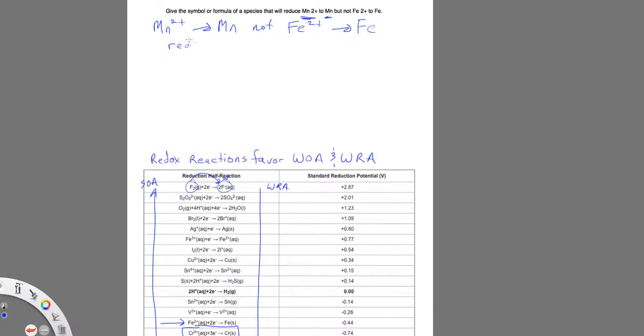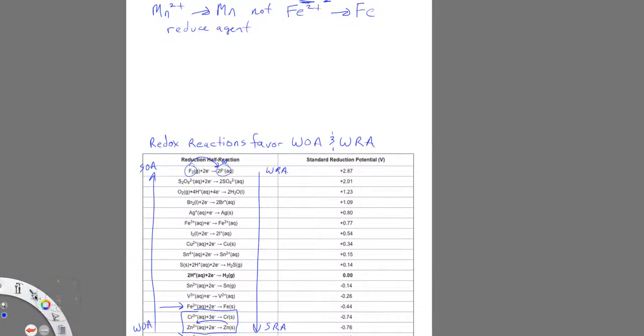These are reductions, so I need a reducing agent. What would my reducing agent be? Would it be chromium 3 or would it be chromium? Well, chromium is the one that's going to give away electrons. So is chromium, which is a reducing agent,